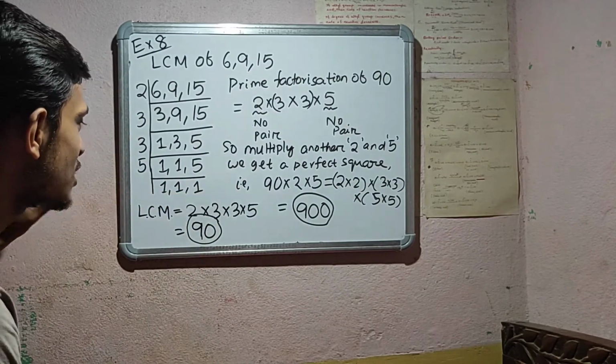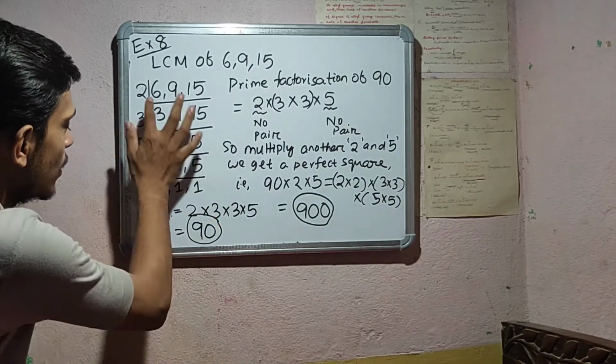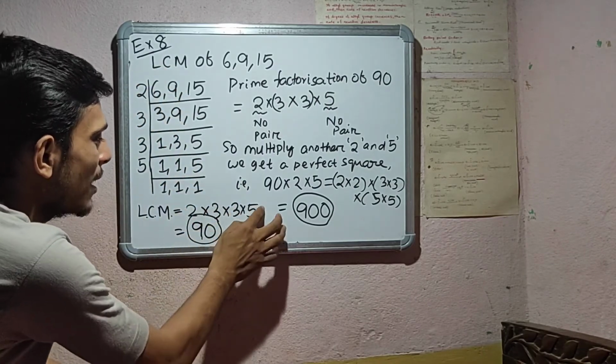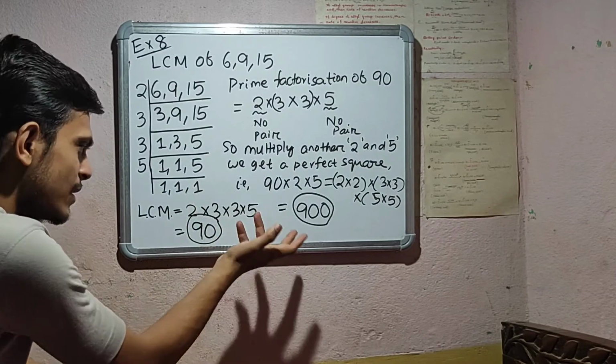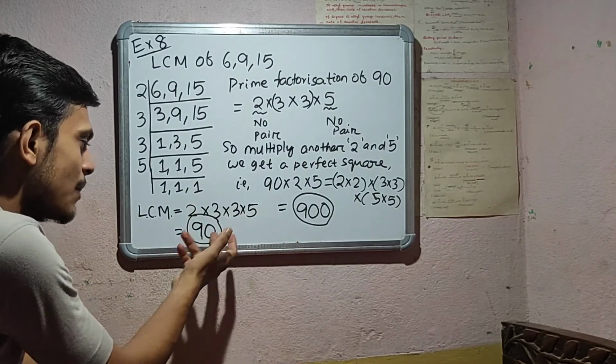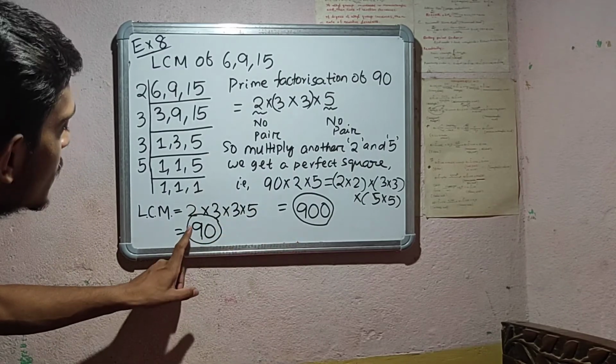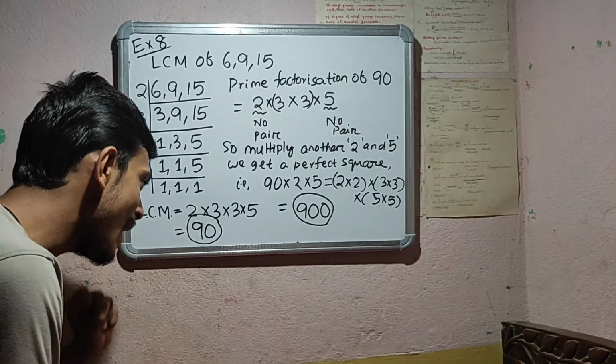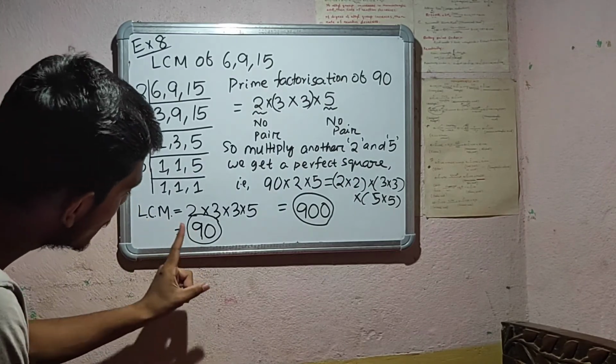So my LCM is completed. Then LCM means the multiplication of all the remaining numbers. Okay. So 2, 3, 3, 5, and 1 you can also multiply, but if you multiply by 1, the same number is obtained. Okay. So this becomes 90. Clear? So we have to check whether 90 is a perfect square or not.